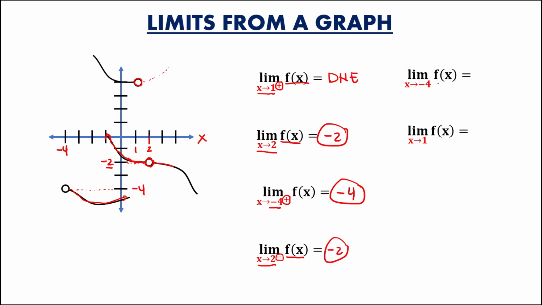And for the limit of a function as x approaches negative 4, observe there is no positive or negative sign, so this limit only exists if there is a right side limit and a left side limit. Since at negative 4, at this coordinate, there is no left side limit, this limit does not exist.